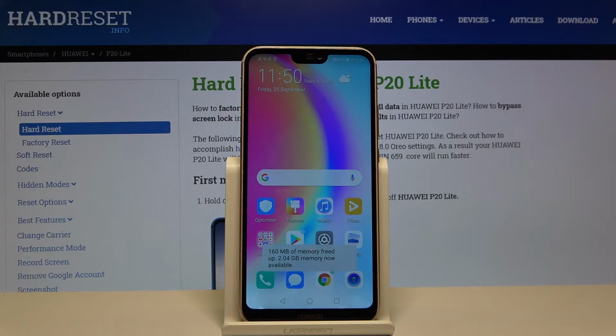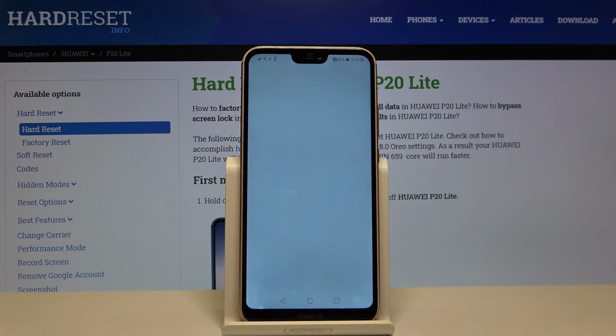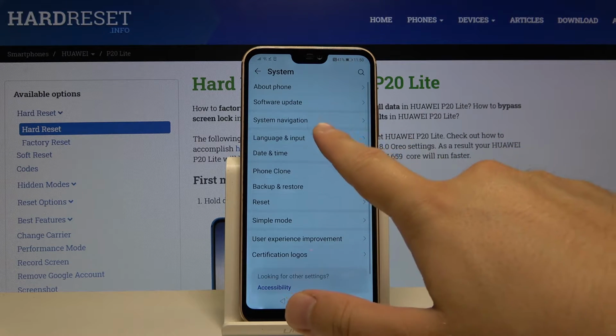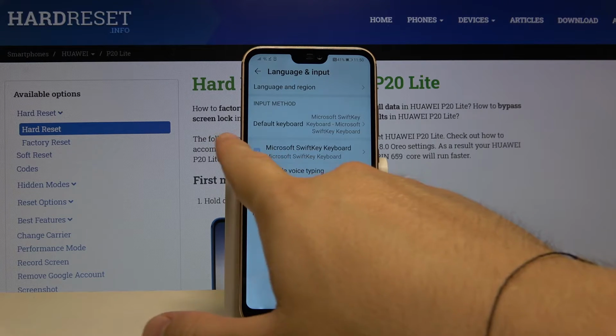Welcome. If you want to customize the keyboard theme with a picture on your HUAWEI P20 Lite, let's go to the settings. After that, just scroll down, tap on System, go to Language and input, select your default keyboard,